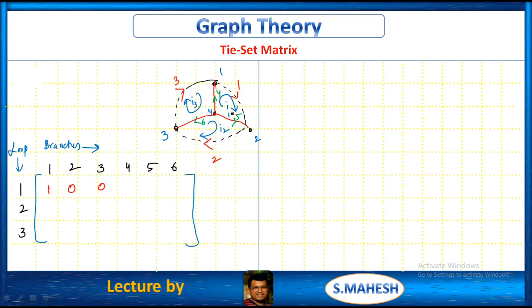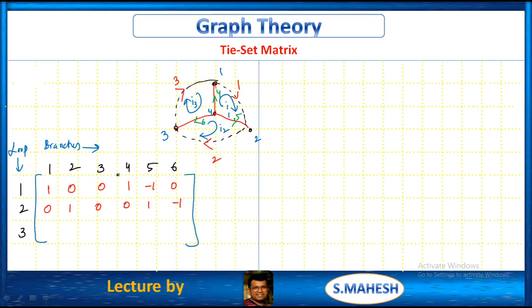The loop current direction is same as the fourth branch current direction. So 1. What about 5? It is opposite to that of I1, minus 1. This is 0. Like that, loop 2 with respect to branch 1 is nothing but 0. There is no interaction. Loop 2 and branch 2. Loop 2 is like this. Branch 2 is also the same direction as that loop 2 current. That is 1. So like that you will get 0, 0, 1, minus 1.